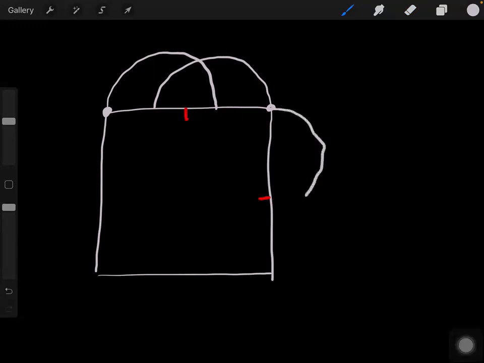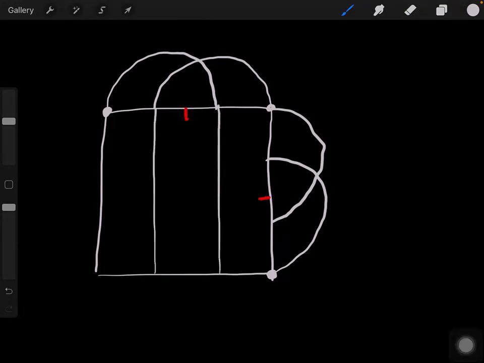I'm going to repeat the same process for the next adjacent side. It starts from here, goes there. The next one starts from here, goes there. And final step, to complete the diagram, I'm going to draw lines which connect the end of these arches to the opposite side. So these are two. Now these two will be a set. These are sets A and B, and the other two sets are going to be this.